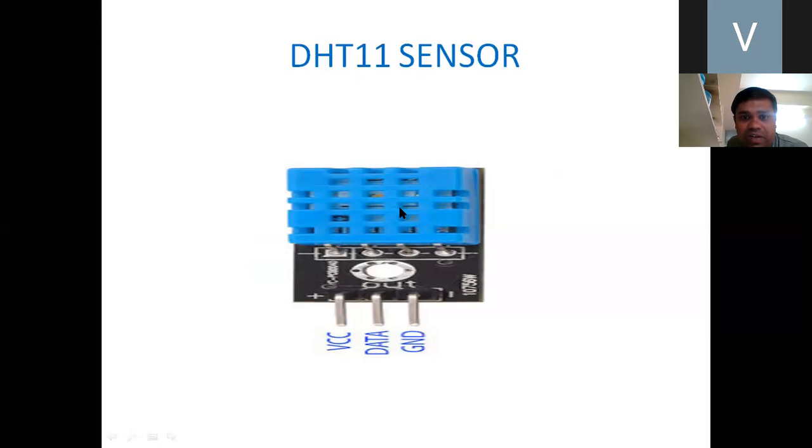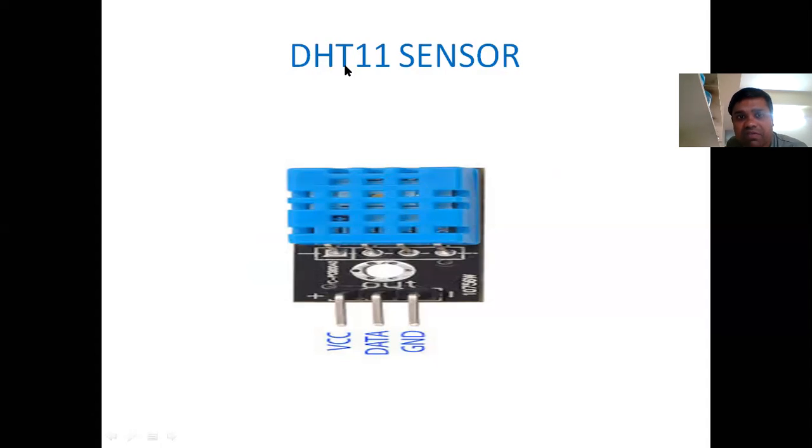That small microcontroller takes the data from the humidity and temperature sensors. Actually, any humidity and temperature sensor will give analog data only. The small microcontroller takes the analog data from the sensor, converts it into digital, and gives the output as digital data only, actually 40 bits of data, zeros and ones. Out of the 40 bits, 16 bits are used for humidity data, 16 bits are used for temperature, and 8 bits are used for error checking.